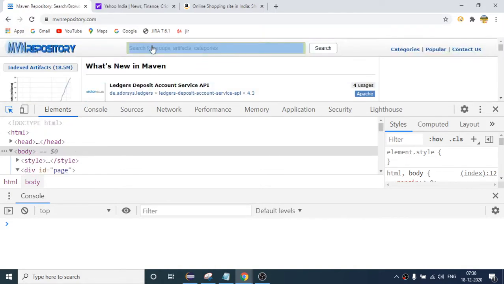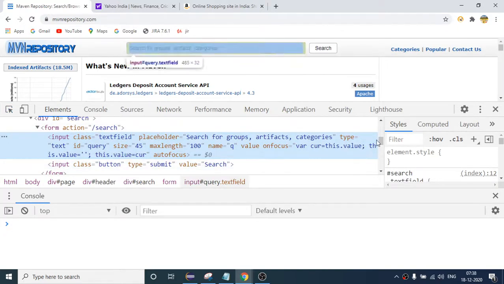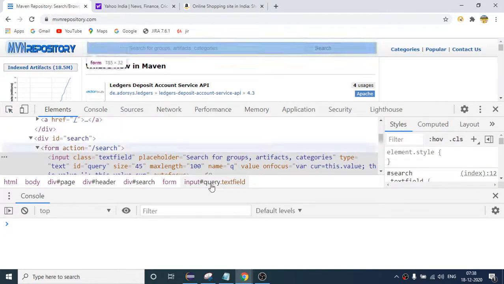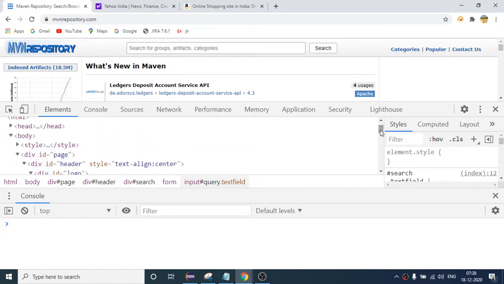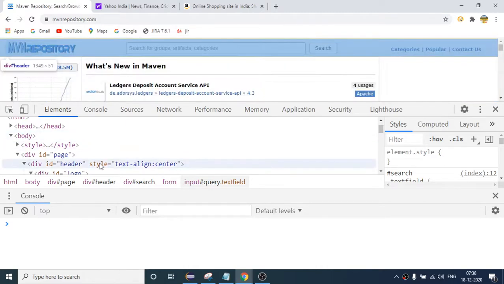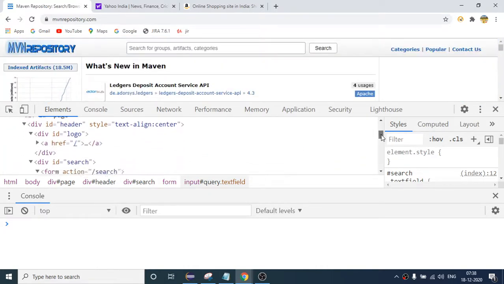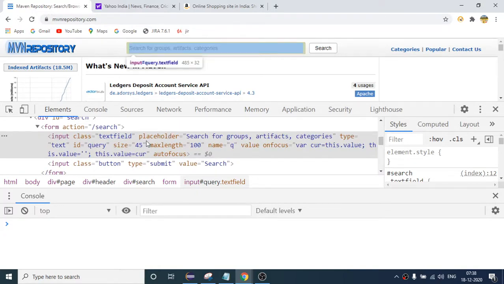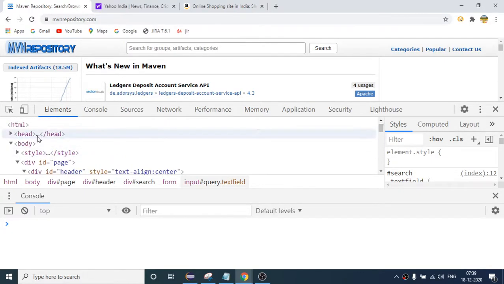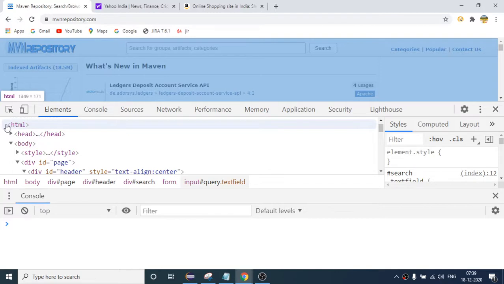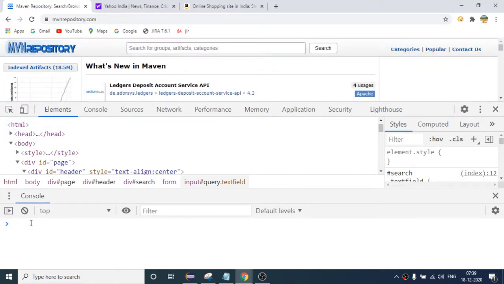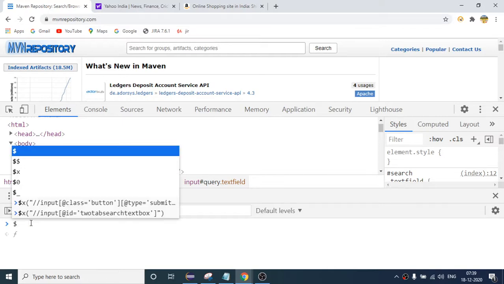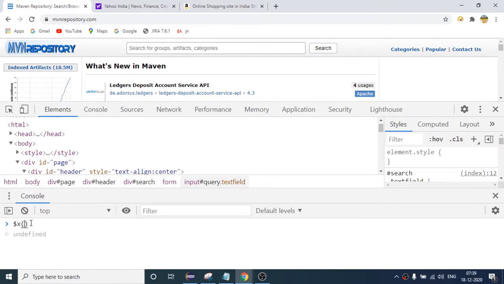So how can we do it? First of all let me see the HTML code. So this is the HTML code, and you can clearly see this text input is present inside body, right? If I minimize this body, then you will see that this will also disappear, right? So the code which we are interested in is present inside this body. I am saying that absolute XPath will always start from the root HTML. So how can we write, I will say $x, sorry, actually I'm checking as well. You can also write without that, but it is better in the case of absolute XPath to keep on checking.